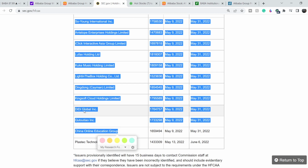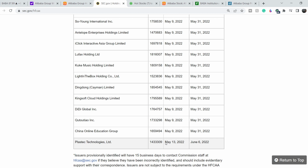The only one is DD Global. And on May 13th they added another company, Plus Tech Technologies, and this list is still growing. And I have to say that for now we don't have BABA ticker in this list, but we still have this possibility to see Alibaba in this list. And I have to say that in the long term I don't think that for now it might be a negative catalyst, because not so many investors expect